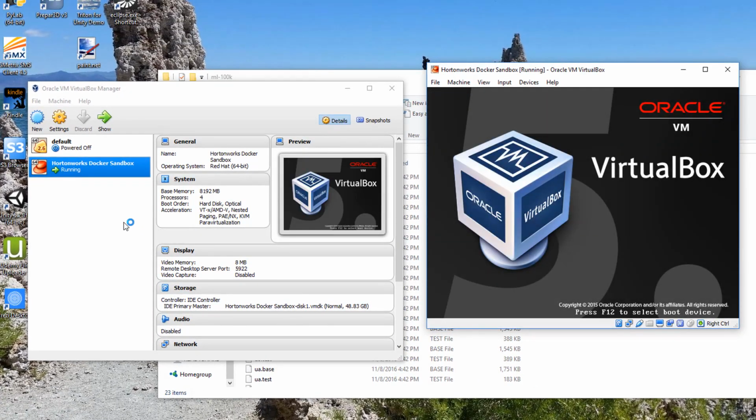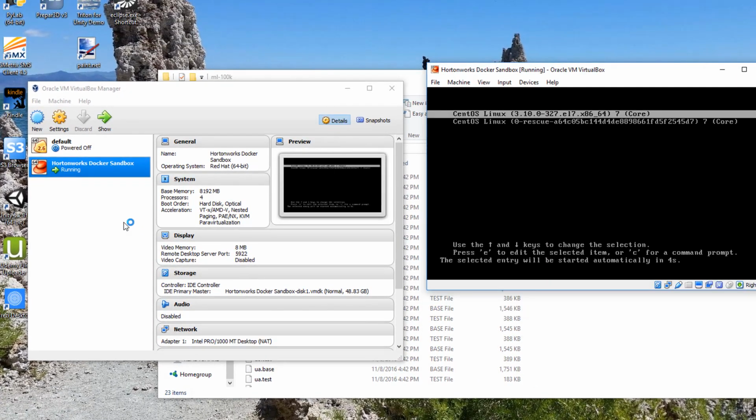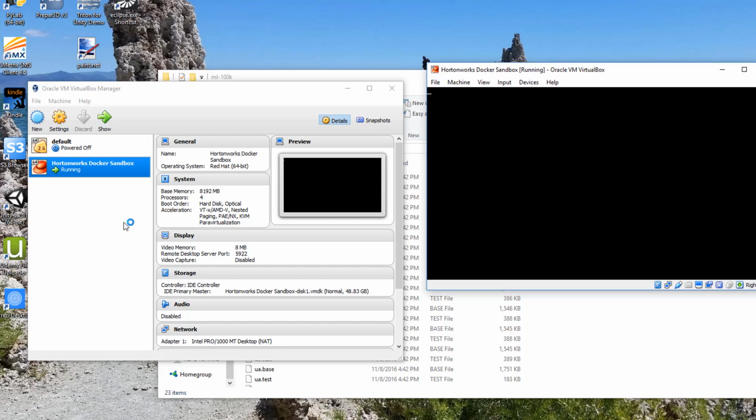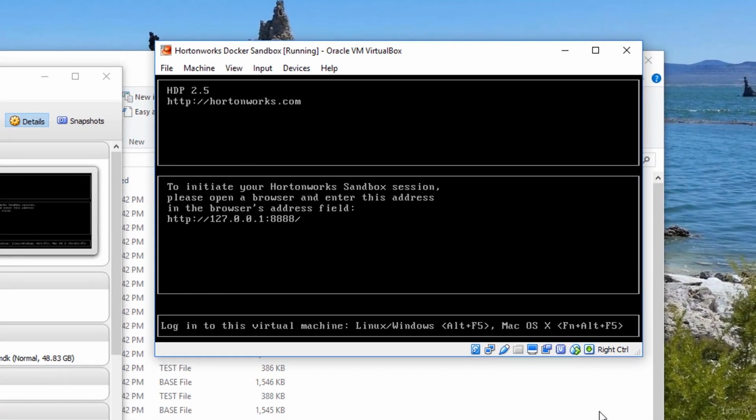That'll take a minute or two to boot up, so go ahead and hit pause and resume once you're ready, once you see the screen that says that everything's ready to go. Alright, so after a few minutes you should see a screen that looks like this, more or less. Now I'm going to show you a little bit of a shortcut here. Even though it says to connect to